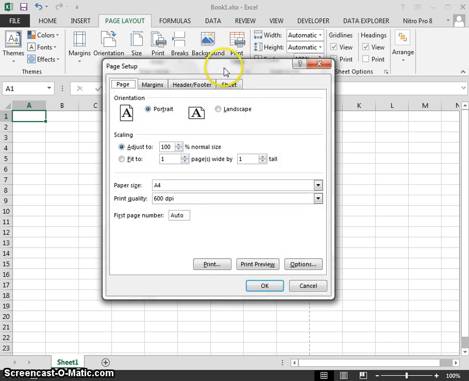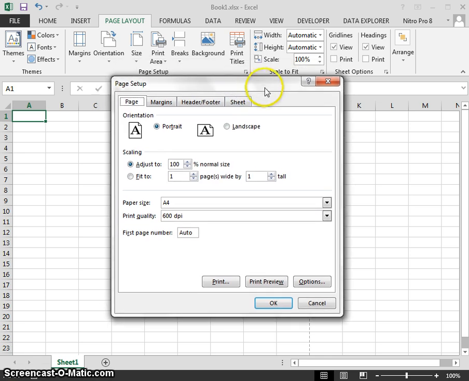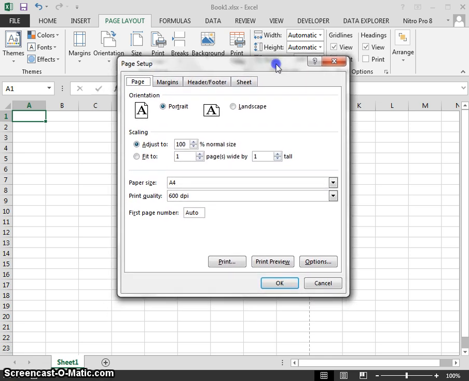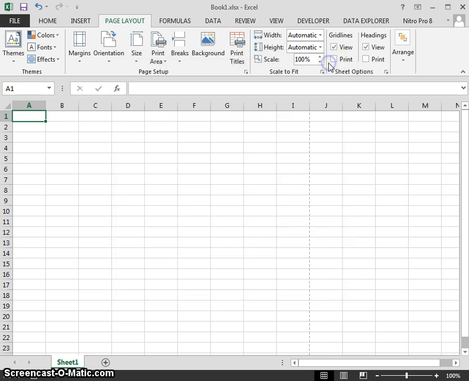Okay, you can see now we've got the page setup dialog box using the mouse to control it. If we close out of this and look at some shortcut keys. Okay, so we want to do the same thing, but much faster and much quicker on a repetitive basis. So Excel and Microsoft have keyboard shortcuts